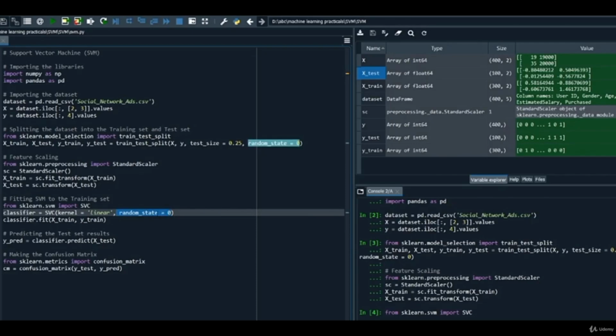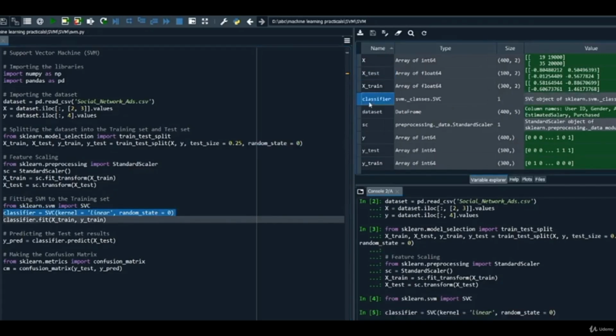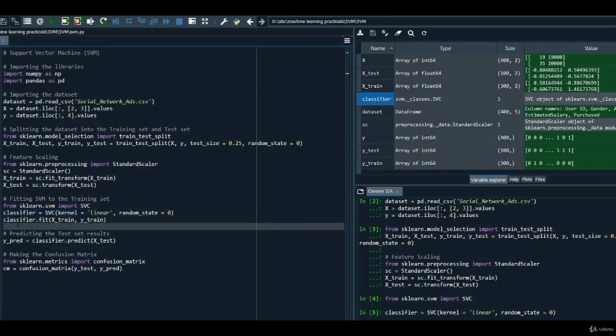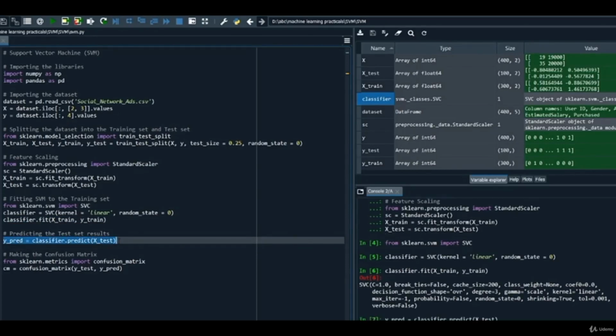So after executing this line of code, it's going to create a model named classifier, as you can see here. After that, we are going to fit, or I mean train it, on the basis of training data. So we are going to use classifier.fit, and then pass X_train and y_train here. Let's try to make a prediction using our classifier. So we are going to use y_pred equals classifier.predict, in which we are going to pass X_test, that is our test set data.